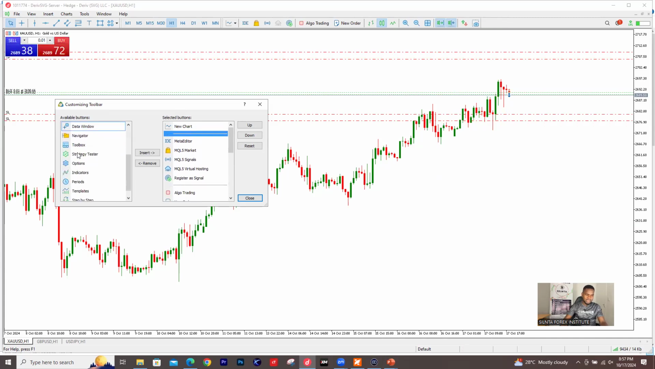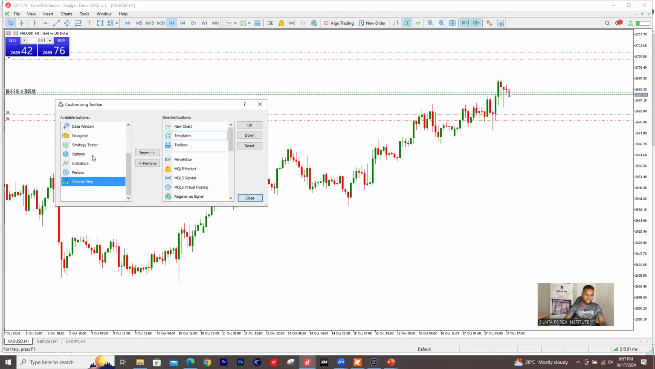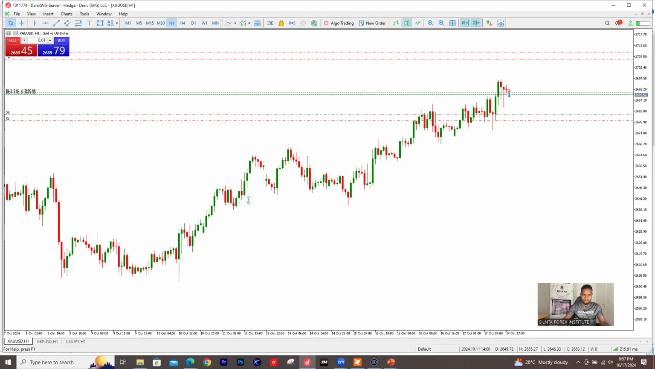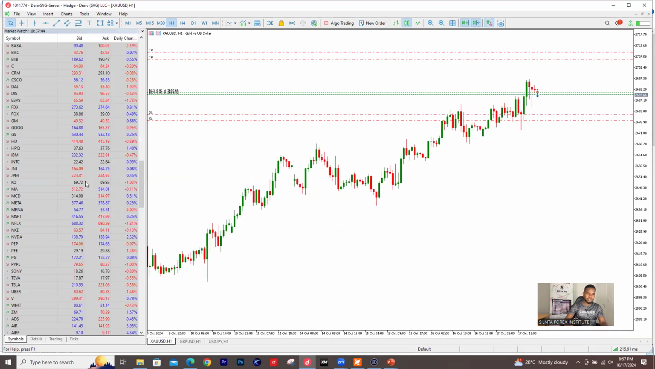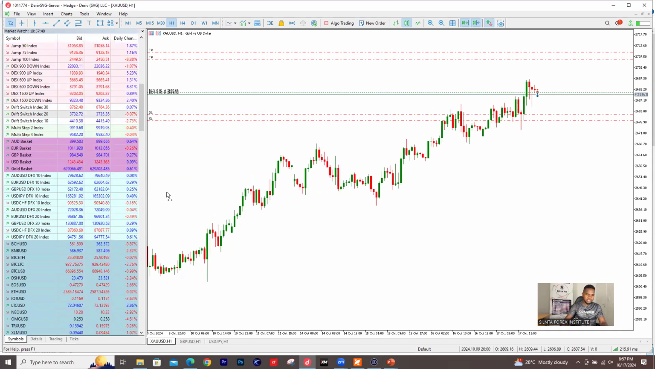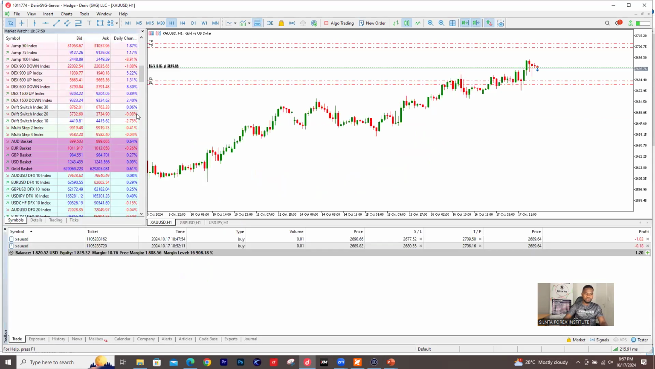Now what we want here, you want your toolbox. I want the toolbox. I also want the template. I'm gonna show you the template. There are a lot of things to do about this platform, guys. For example, if I want to show the market watch, instead of using the shortcut for Control M, it gives me these options, okay? You can also use this,